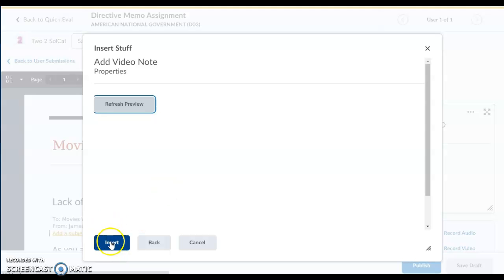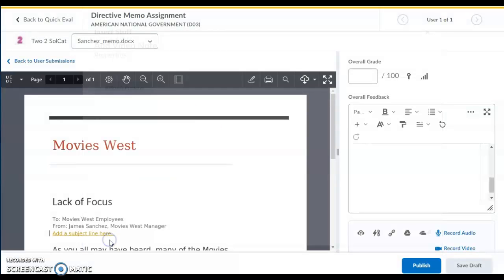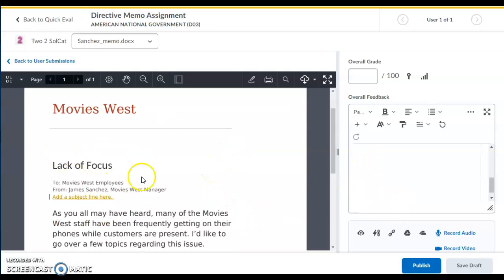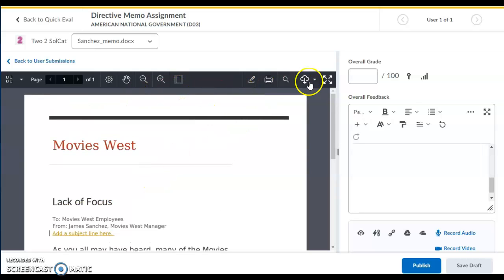Okay, and then you don't even have to wait for it to happen here. You can just click insert. It's going to show up in this box in a minute. You can give feedback directly on the item here. You do that by